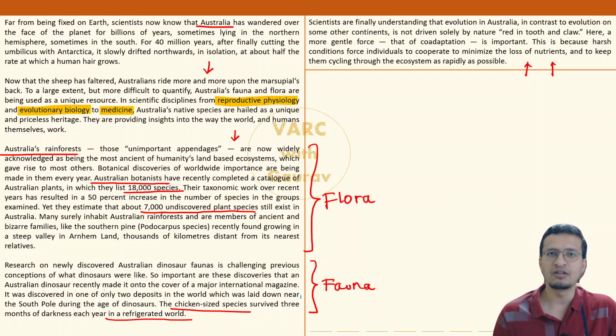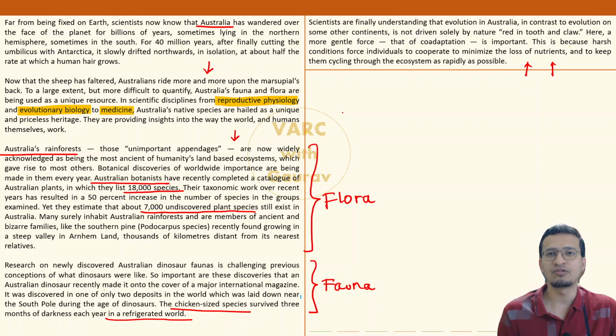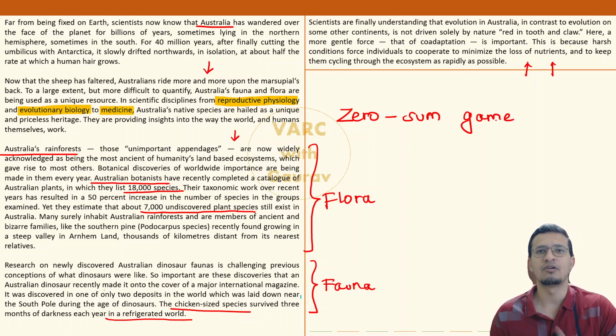That evolution in Australia, as we study it and as we come to understand what happened, seems remarkably different from the rest of the world. Regarding evolution in the rest of the world, what we have studied is some fundamental assertions like survival of the fittest, or we can also say that in a lot of cases, survival is often a zero sum game. So, zero sum game, what does it mean? My gain equal to your loss.